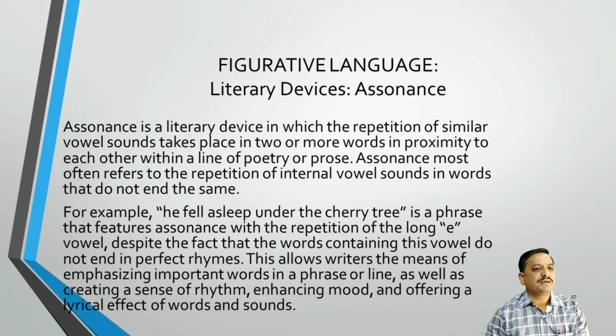Assonance is a literary device in which the repetition of similar vowels takes place in two or more words in proximity to each other within a line of poetry or prose. Assonance often refers to the repetition of internal vowel sounds in words which do not end the same. For example, "he fell asleep under the cherry tree" is a phrase that features assonance with the repetition of the